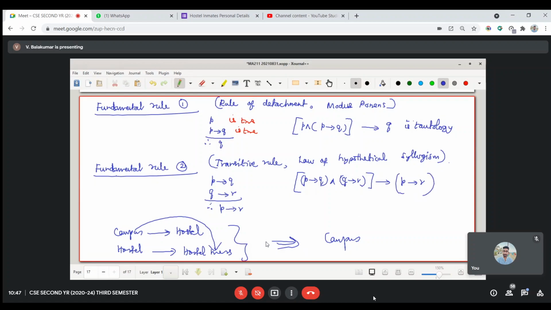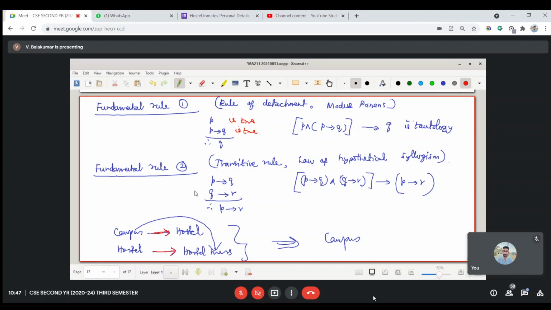Sir, but tell me, we need to give that P is true, no sir? That we need not give. Here we are concentrating only on this part, only on that implication. I give you an example: suppose you keep one mountain on my head, I will lift it up and throw it away. This is a valid implication.